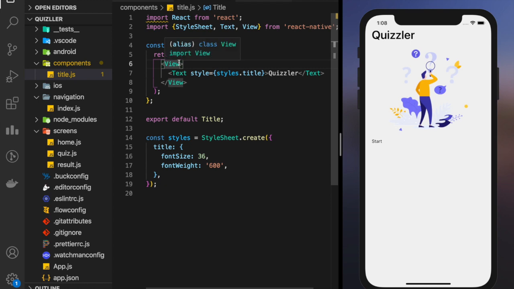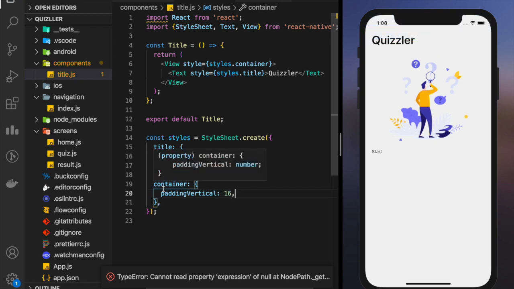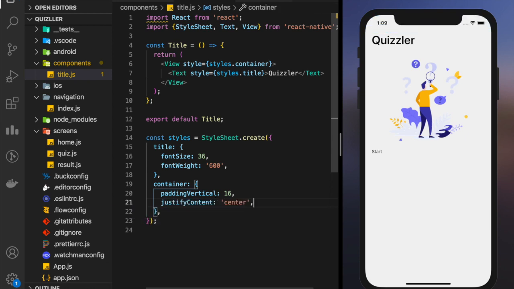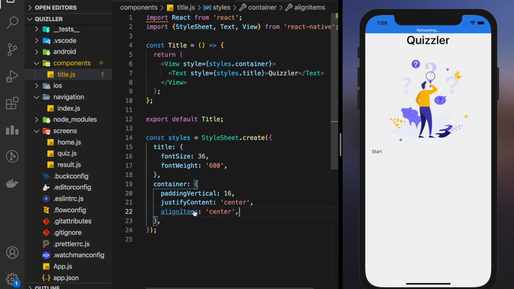So we can give it a container style equal to styles dot container. Calling it class is a little wrong here, I'll call it style from now onwards. Container padding vertical, I'll give it 16. Okay, this is a little bit good. Let's center it, justify content center. Okay, don't focus on the UI part very much. I am mainly focusing on the functionality of the quiz application here. From the next time onward, I'll decide a UI beforehand so that I don't have to create such an ugly application. So this is Quizler here.